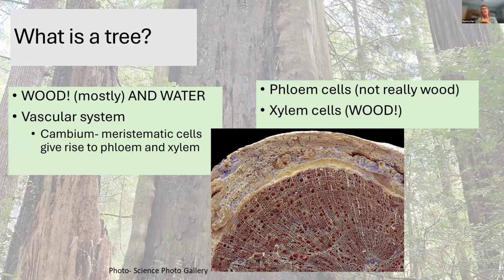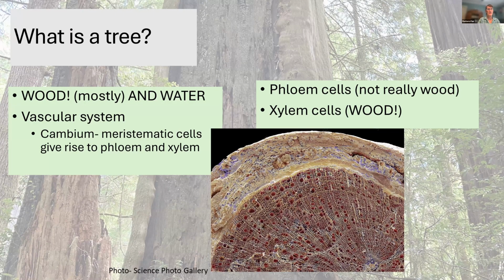All right, so essentially, what is a tree? There's lots of definitions out there. If you go on the Google, you'll see what Wikipedia might say, and it has to do with the height and the stems, how many stems do they have? And we know that crepe myrtle has more than one stem. So yeah, most trees maybe only have one stem. But to me, the bigger